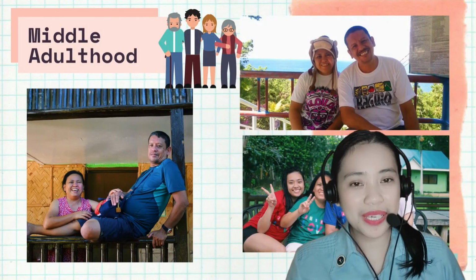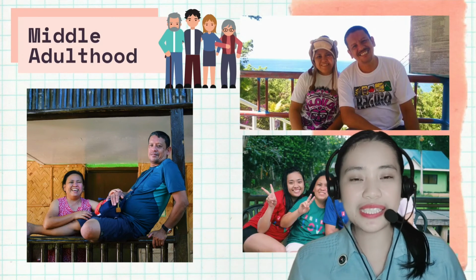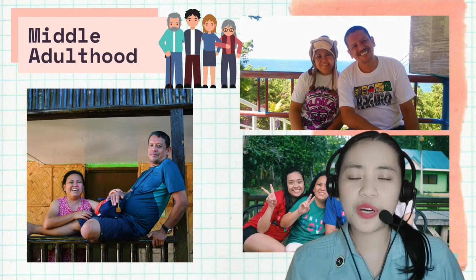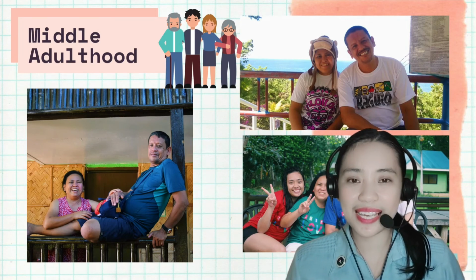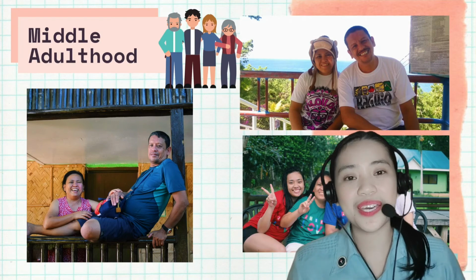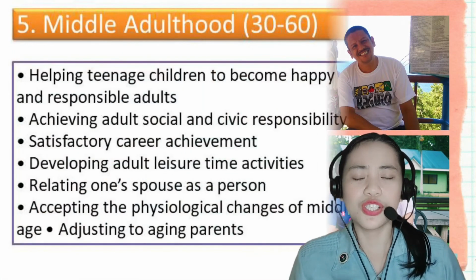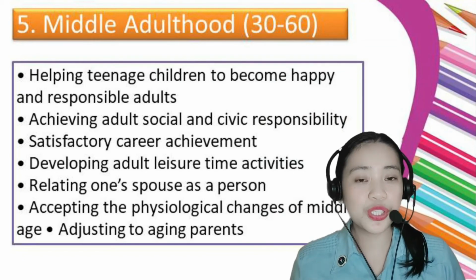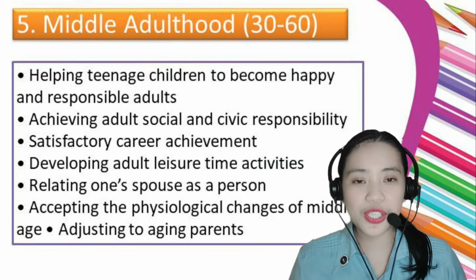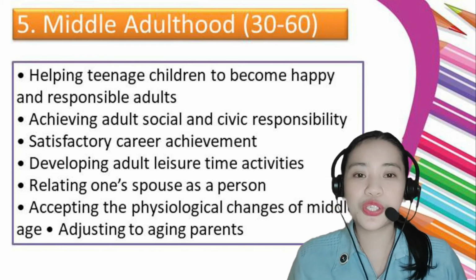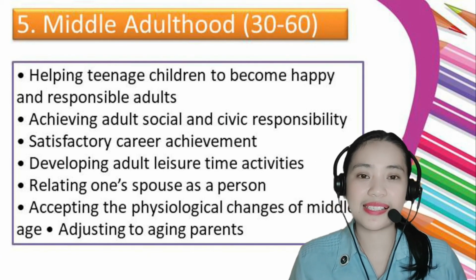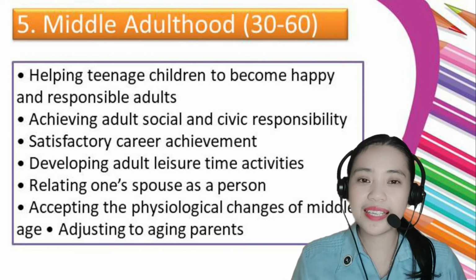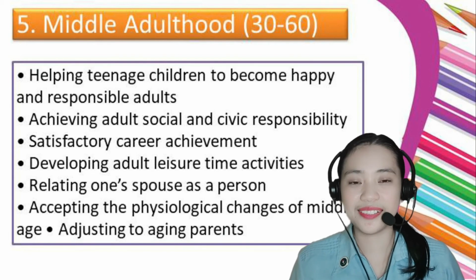Fifth stage is middle adulthood, ages 30 to 60. This developmental stage is about establishing an economic standard of living and then being able to maintain it. Children are generally in their teen years at this stage, which gives parents a priority in shaping their perspectives during their own developmental stages. Leisure activities become adult-oriented instead of kid-oriented.